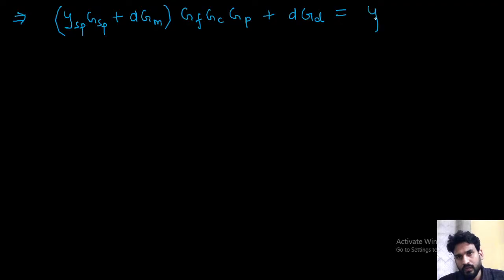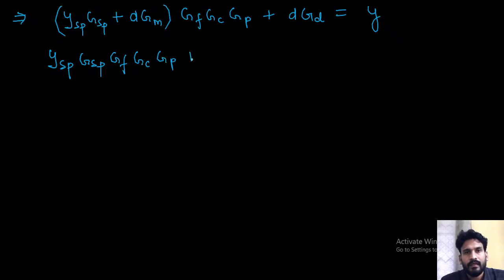Is equal to Y. Again it is my YSP, GSP, GF, GC, GP plus D, GM, GF, GC, GP plus DGD